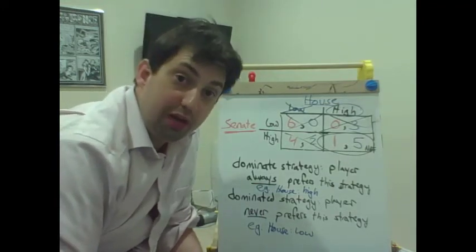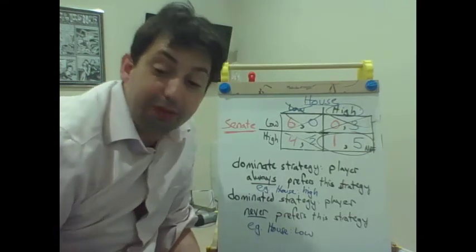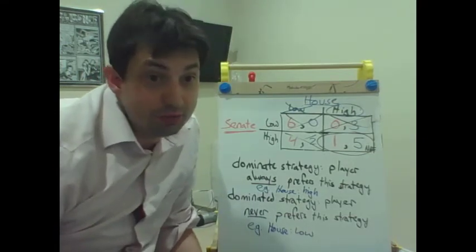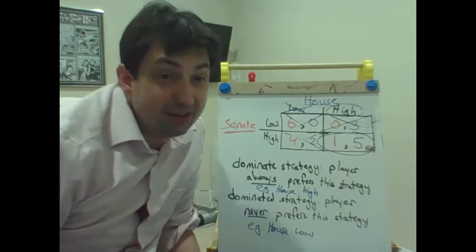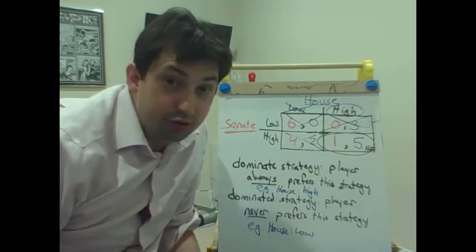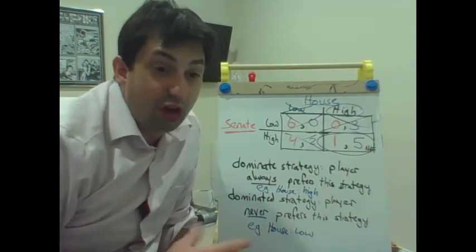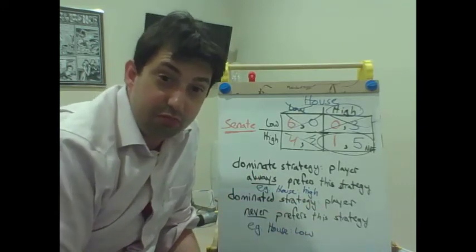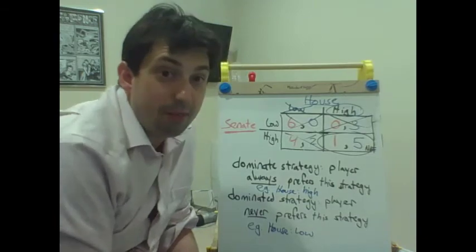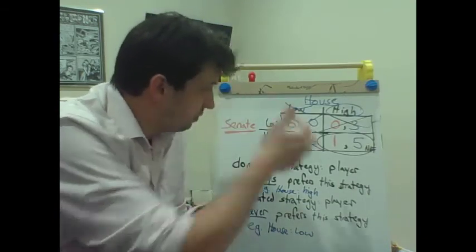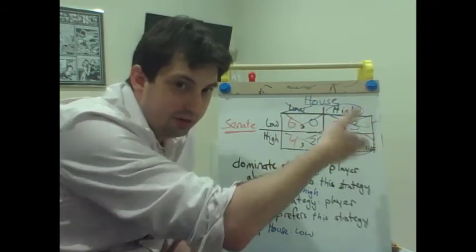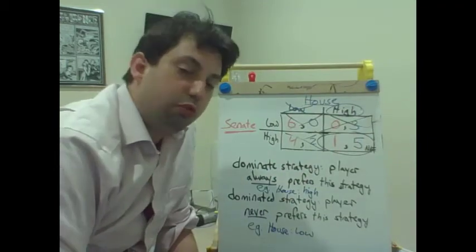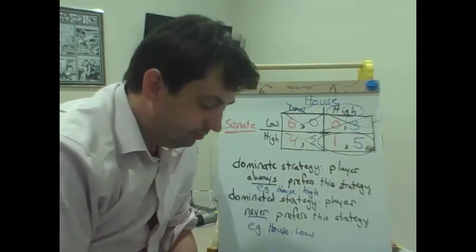But it's also useful terminology. Sometimes there's a dominant strategy. Sometimes there's not. Sometimes there's a dominated strategy, but there's no dominant strategy. There's a terrible option, but the other options are good depending on what the other player does. And this can happen if you have more than two options. Obviously, if we only have two, if one's dominated, the other one's dominant. But if we have multiple strategies, it can get complicated.